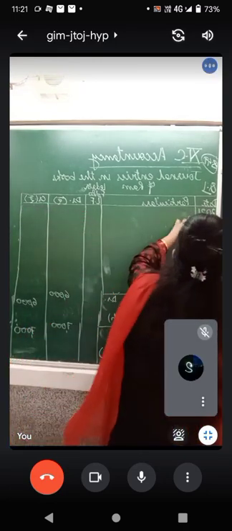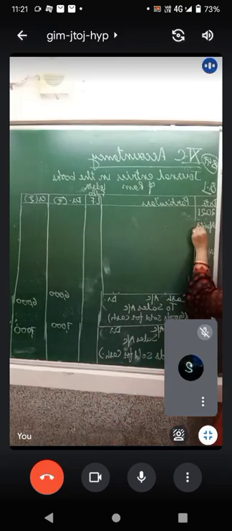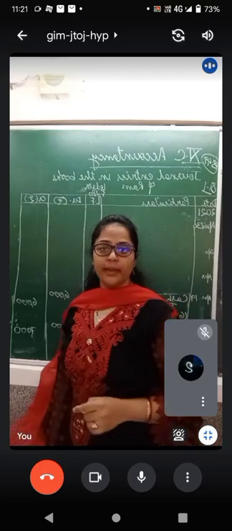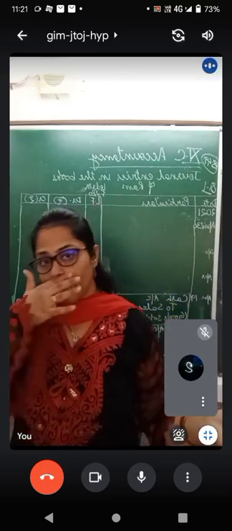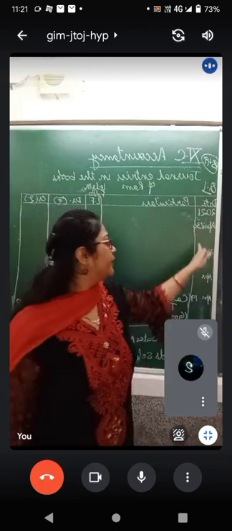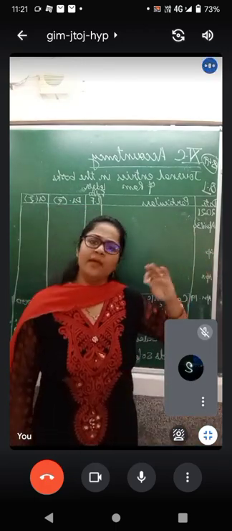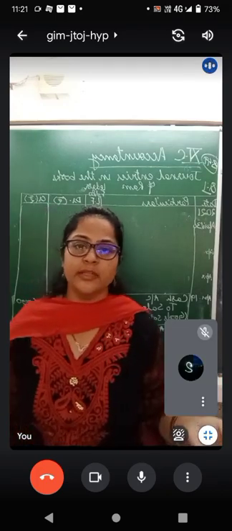Now one more entry is there on, sorry, on 30th April. So it is possible that there can be more than one transaction on the same date. More than one means 100 transactions can also take place on the same date. So you need not worry that this is also 30th April and the next one is also 30th April. That is very much possible. As per the transactions made in the organization, the way we are going to write the date. That's it. Cash received from Naresh on account.